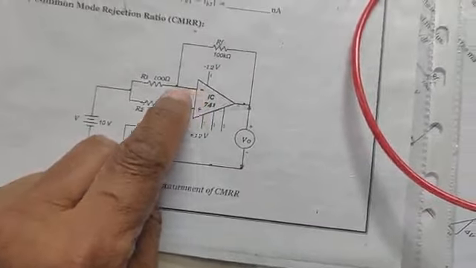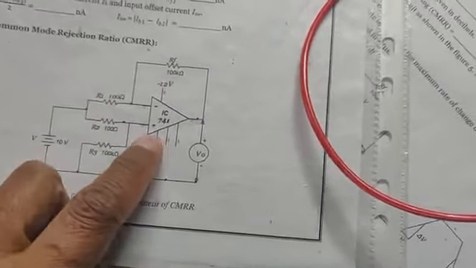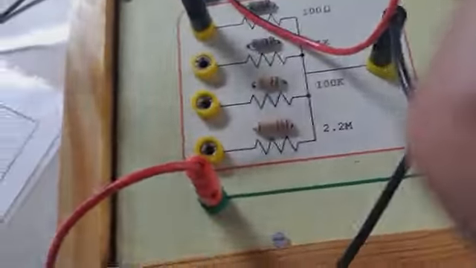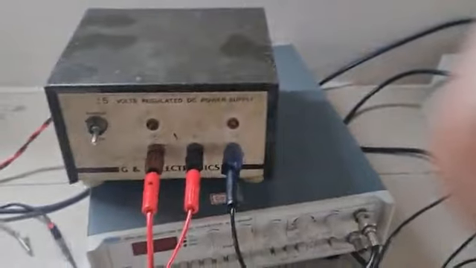So this way I have connected, you can see the circuit. Pin number 2 is connected through the 100 ohms, and here pin number 3 is also connected to the 100 ohms, and that common terminal I am going to connect with the 10 volt. So the positive terminal of this plus minus 5 volt supply, that positive terminal I am going to connect with the 200 ohms common terminal, and the negative terminal I am going to connect with the common terminal here.